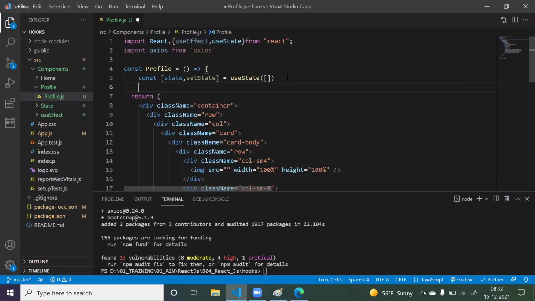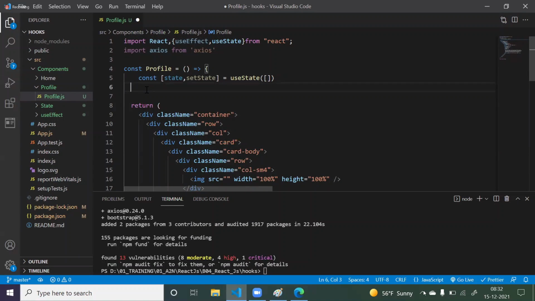Now I need to use componentDidMount. So how to use componentDidMount? Using use